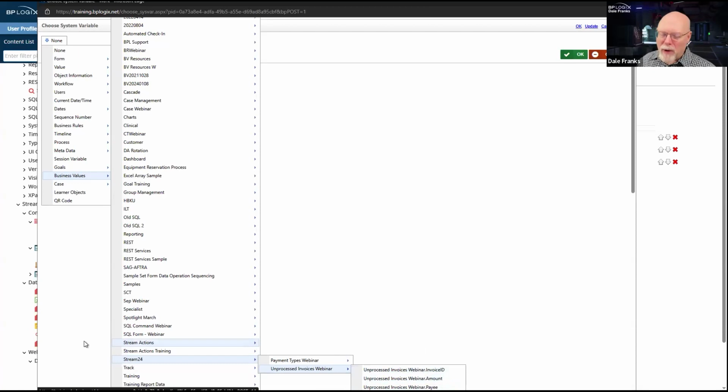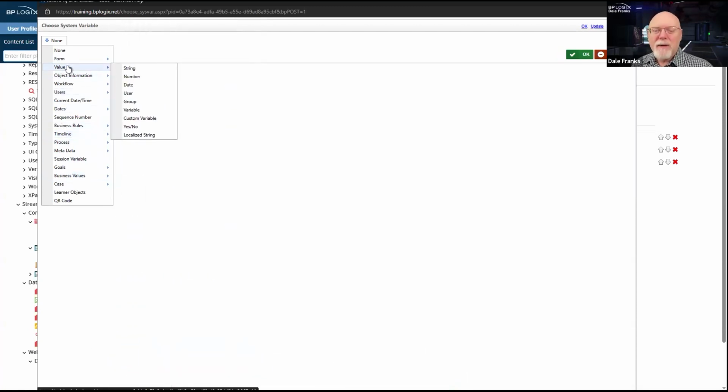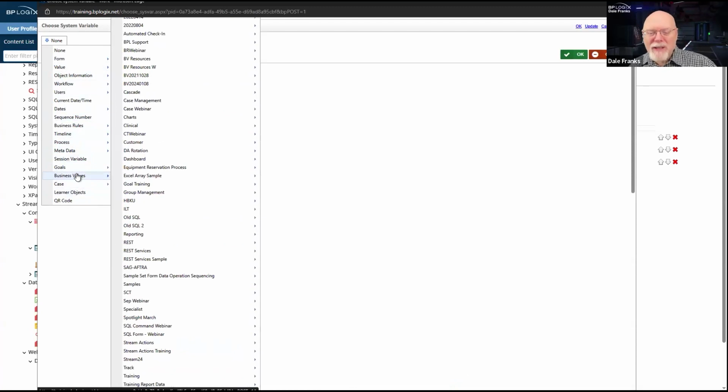Because in the background, some weird deal is happening where I'm only extracting a single row's worth of data. What's happening basically is the business value is already being processed by the system behind the scenes, so I don't need to worry about it. What the stream action has done is take whatever the current row of the business value is, and it has created variables to store those 3 values that I'm going to need from each row.